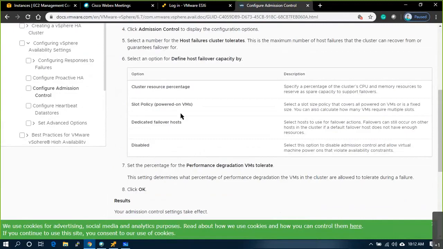Percentage of resources. Okay, slot policy. What is this slot policy?